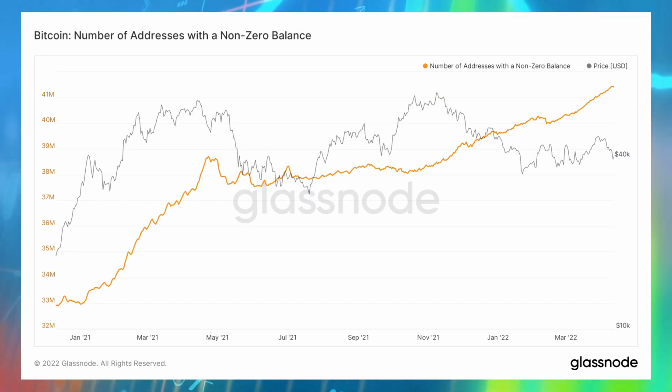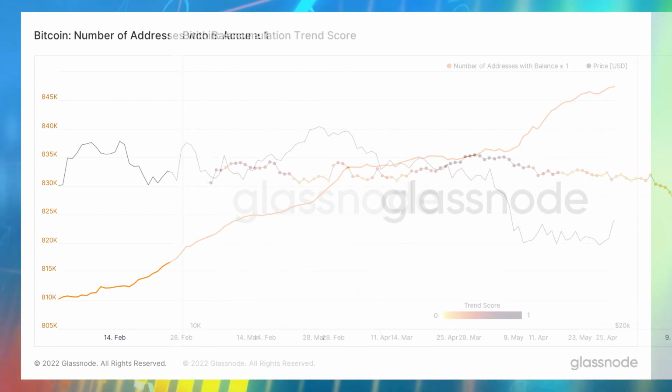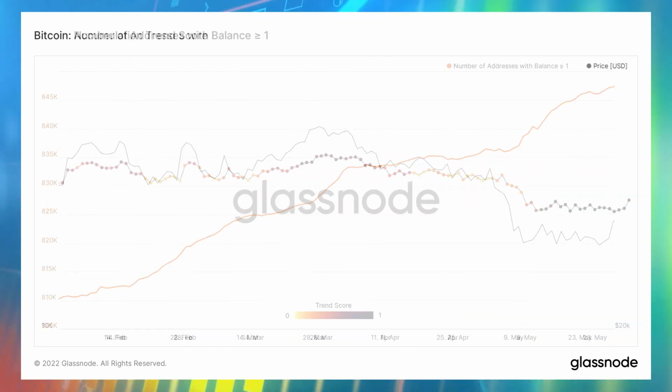With that said, the number of Bitcoin wallet addresses with a non-zero balance has also increased dramatically since January. This chart shows Bitcoin addresses with a balance greater than or equal to 1 Bitcoin. You can easily see the correlation starting in May between the accumulation chart and the addresses holding 1 Bitcoin or